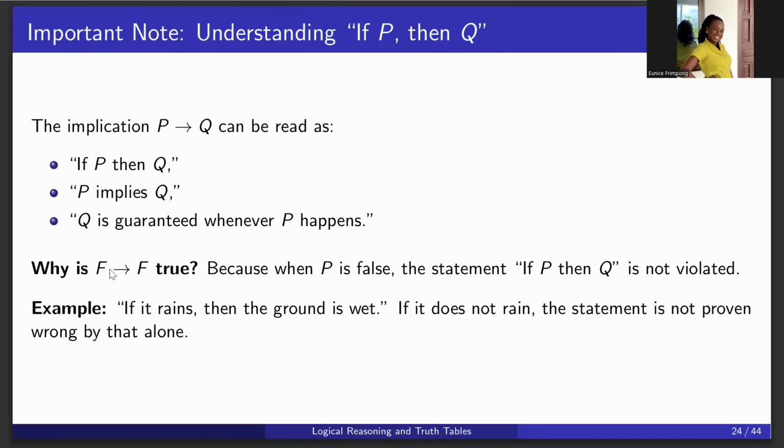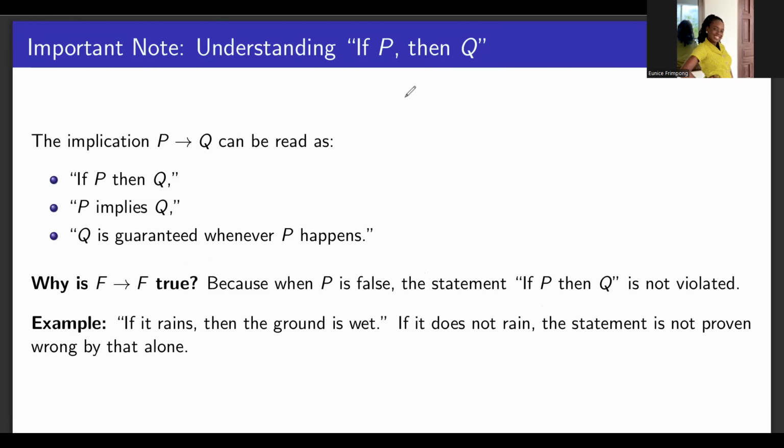So if P is false and Q is false, why is it still true? Well, because when P is false, the statement if P then Q is not violated. That is what we are saying is true. Because when P is false, we are saying here that the only condition that makes P implies Q